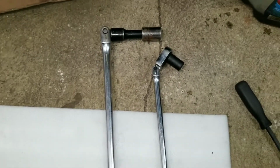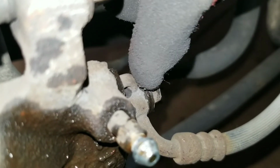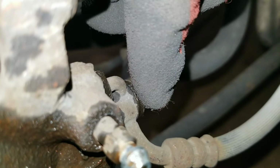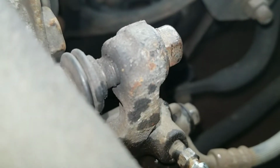So at this point I have a 12 and a 19 mil. The 12 mil is to crack the bolt for the brake line. That's the 12 mil, to take that off. I'm just going to crack it loose. I'm not going to take it off just yet. And then the 19